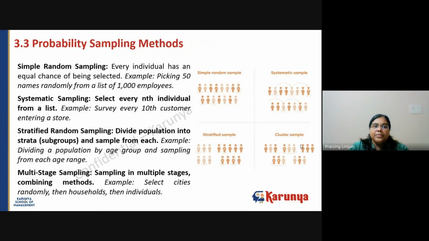Let's get into it. Some of the common probability sampling methods are: one is simple random sampling, which means every individual has an equal chance of being selected. For example, from a population of say 1,000 employees, picking 50 names randomly without any conditions. Simple random sampling means selecting a set of 50 samples from the total